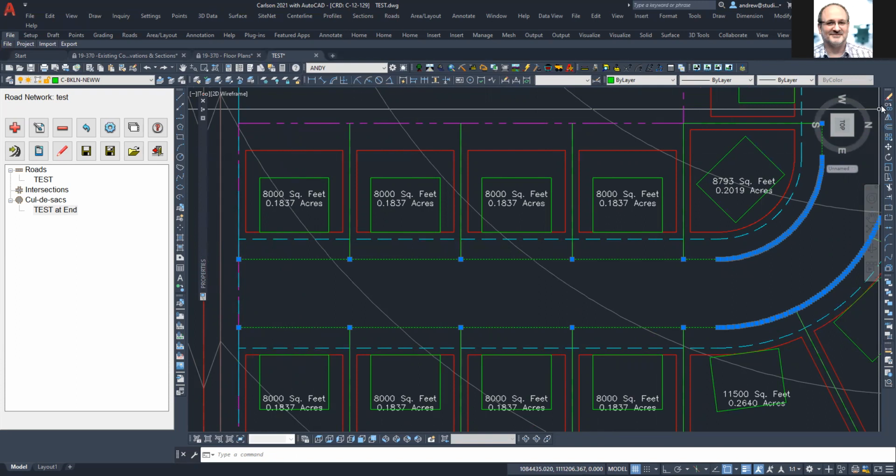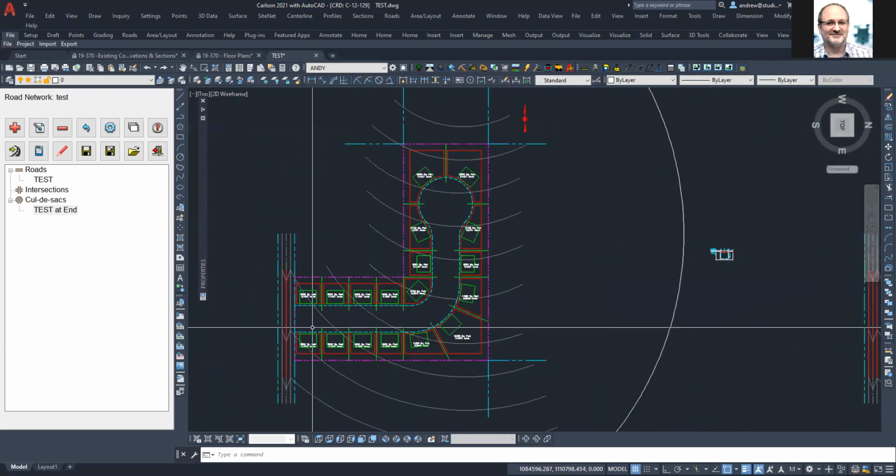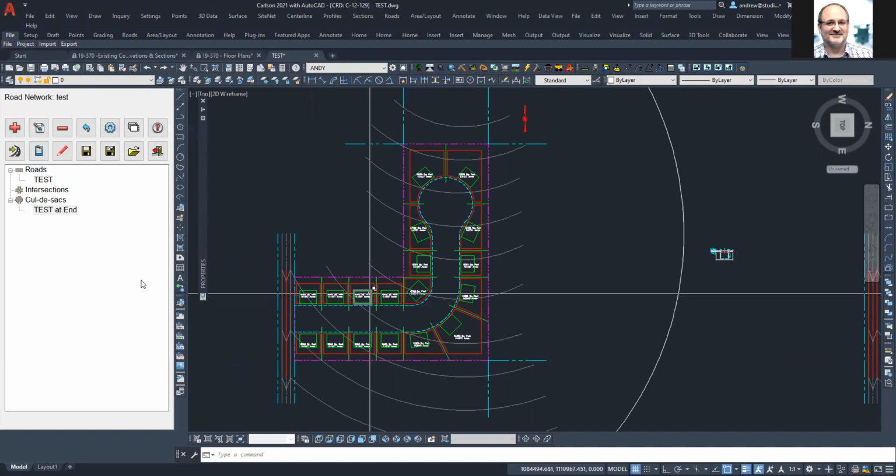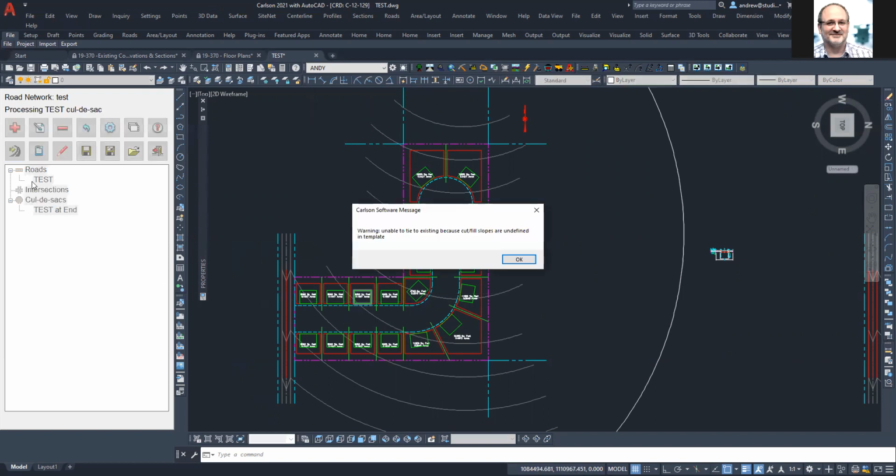The whole idea is to generate the actual lot layout as it says. It will read the RoadNet files, but it disregards any of the profile information for the road profile. So if we take this then and process,